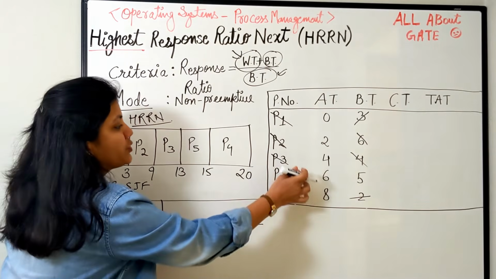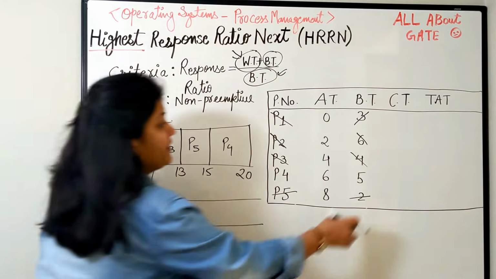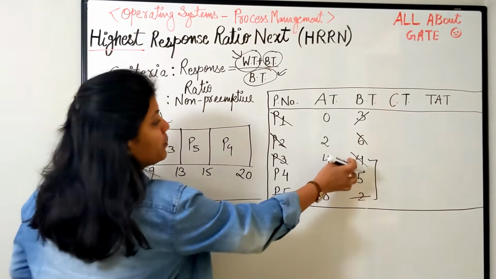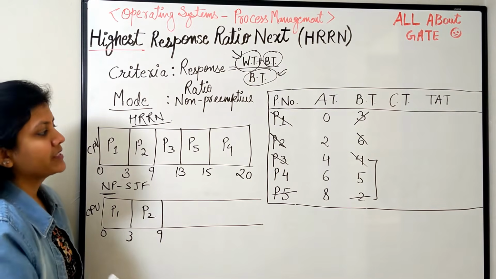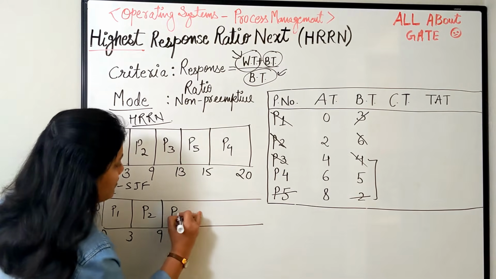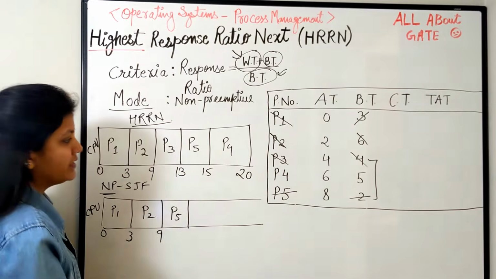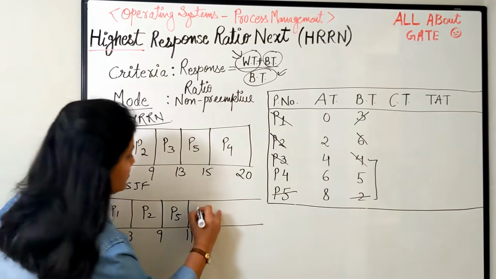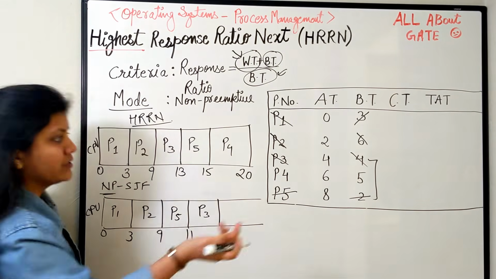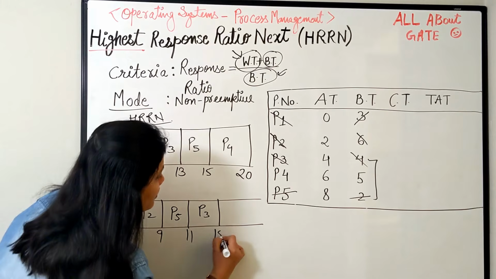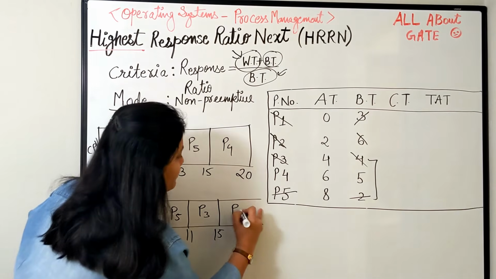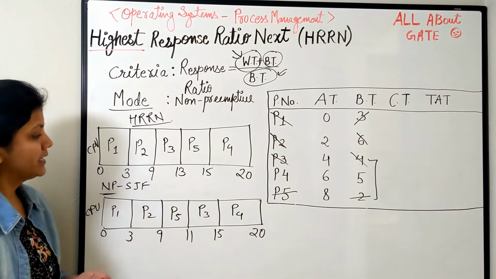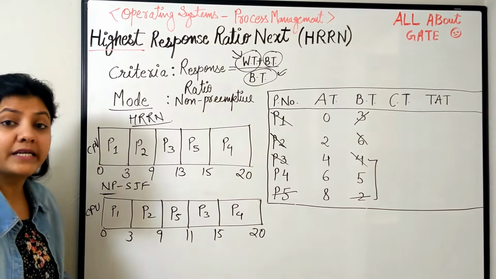Correct. Now when we have P3, P4, P5, we are going to look at the burst time because it is shortest job first. It just makes a decision based upon the expected burst time or whatever burst time is available. So it is going to pick up process 5 because that is the smallest, and it needs 2 bursts, so 9 plus 2, 11. After that process 3 because that is next smallest, it needs 4, so 11 plus 4, 15. Then after that P4 which needs 5, so 15 plus 5, 20.